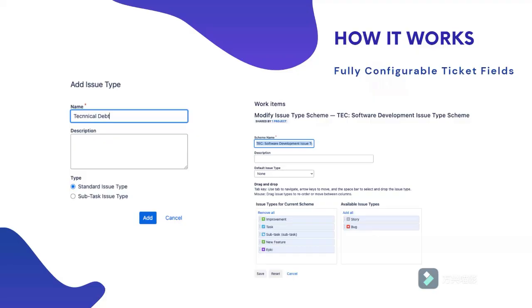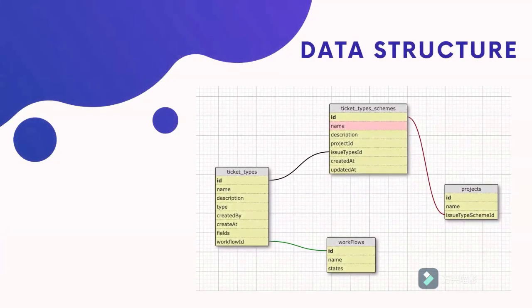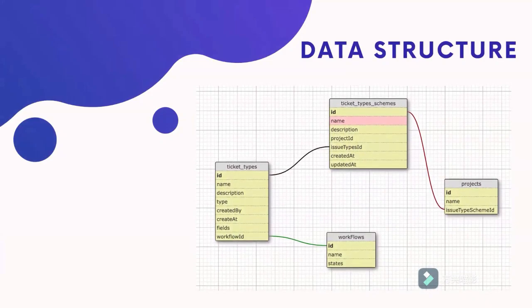Now let's dive into the data structure behind the feature. At the heart of the ticket types collection, we store each issue type's definitions, including their name, description, type, associated workflow, and metadata like creator information. Next is the ticket type schemas collection. A schema bundles together multiple ticket types for reuse across different projects or teams, making it easy to customize setups